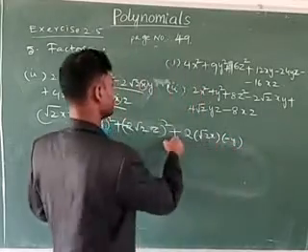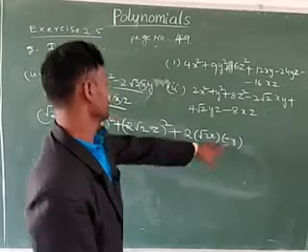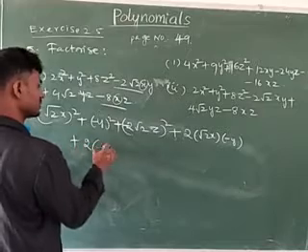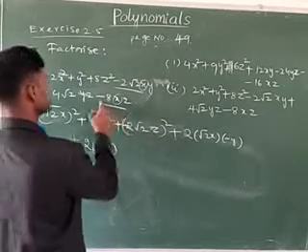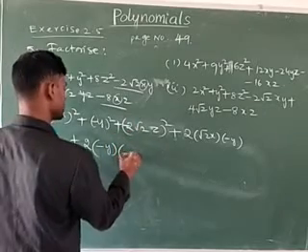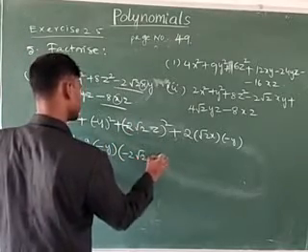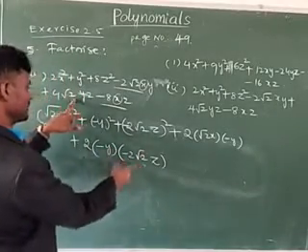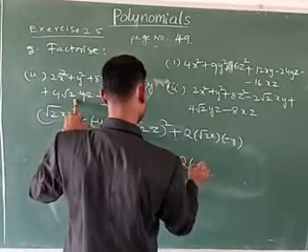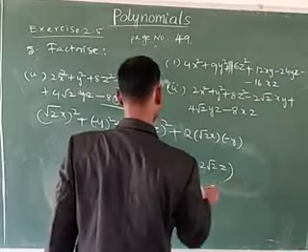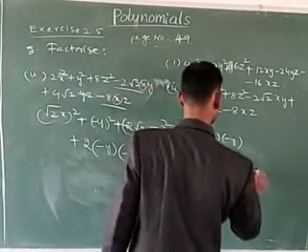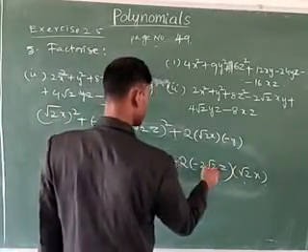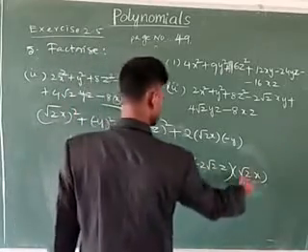Now minus into plus is minus, 2 root 2 xy, plus 2bc. 2 into b is equal to minus y and c is equal to how much? Minus 2 root 2 z. Now minus into minus is plus. Here 2 into 2 is 4 root 2 yz, plus 2ca. C is equal to minus 2 root 2 z and a is equal to root 2 x. Now see here, minus into plus is minus, 2 into 2 is 4 and root 2 into root 2 is 2, 4 twos are 8, xz or zx or xz.